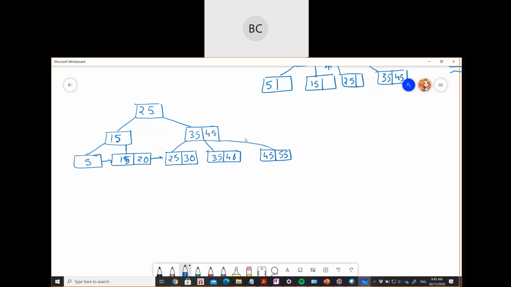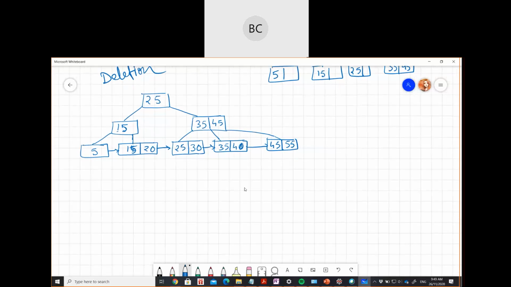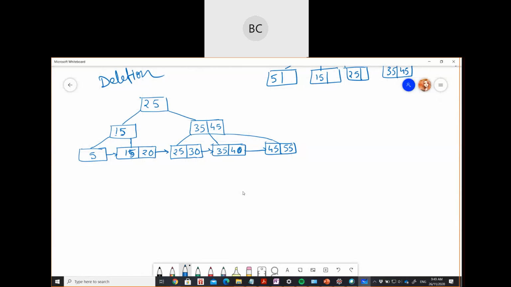So suppose I want to delete something from here. This is your 40. So the approach is the same. If you want to delete anything from the leaf node,